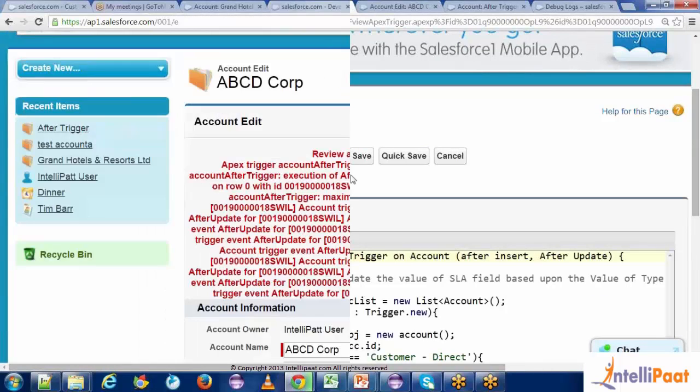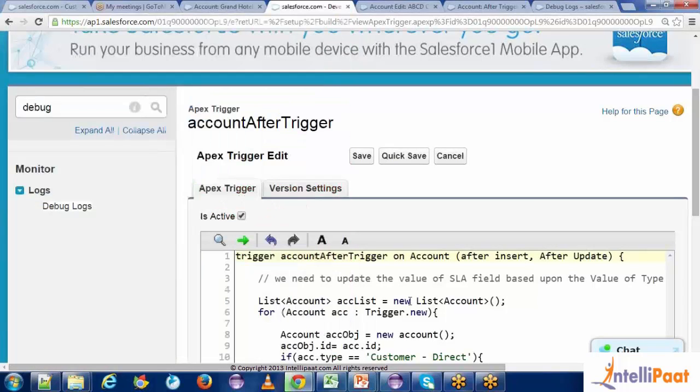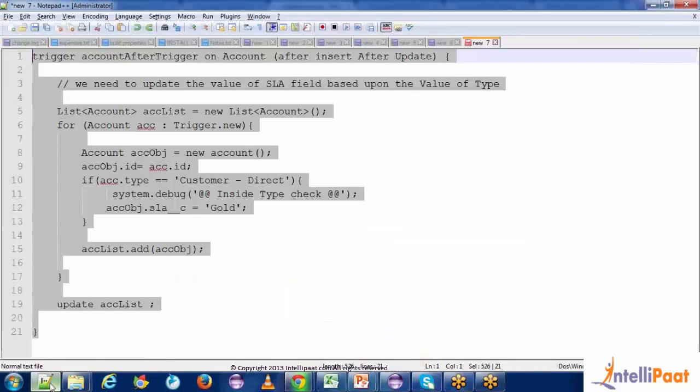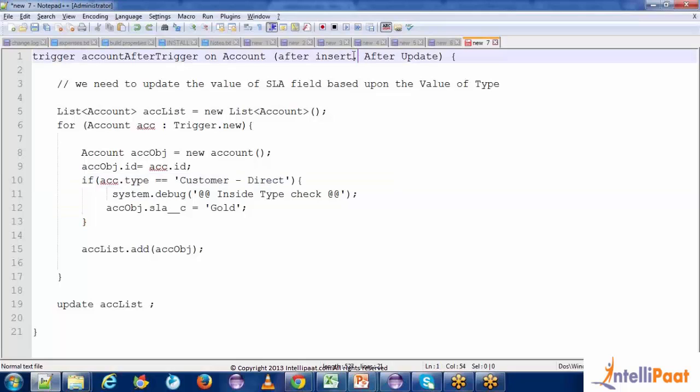So if we open up this code, can you just explain to me what this trigger will do? Starting from here, read from here and see what this trigger will do. This trigger is trying to update the value of the SLA field based upon the value of type. So in the first line, we have declared a list called account list, and inside the for loop, that's fine. So we don't need to understand it completely. What we are doing is trying to update the value of an SLA field whenever your customer type is customer direct. So when this particular trigger would be called,